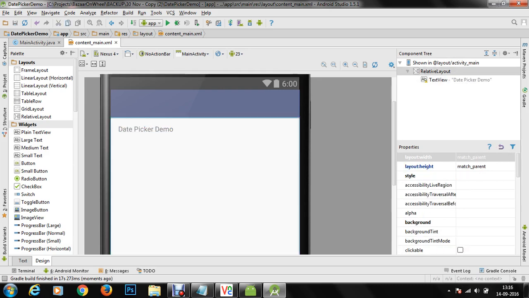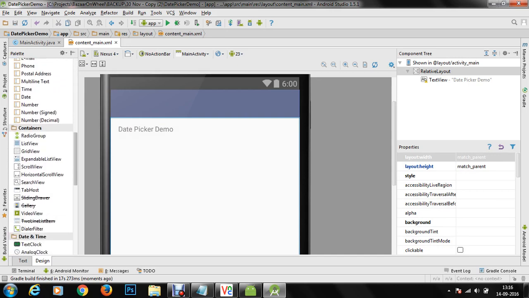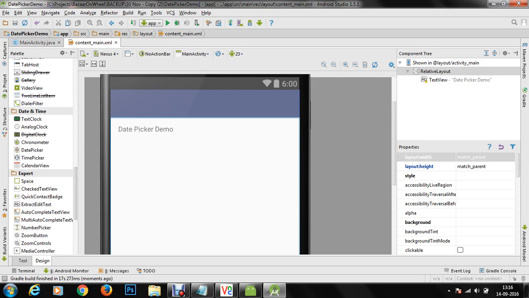Within this date picker demo, what we would like to do is go to the palette, and within this palette we have date and time controls available. Using this palette, date and time control, we are going to use the control date picker. The date picker control offers you a layout and styling properties.